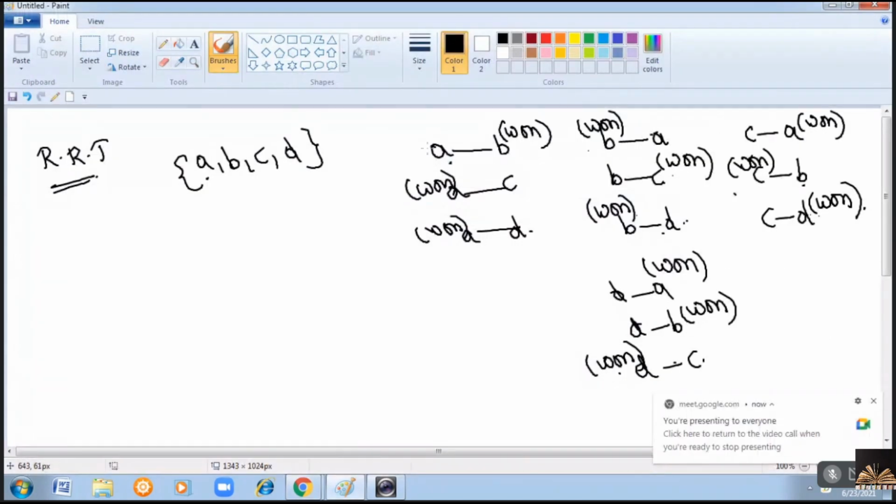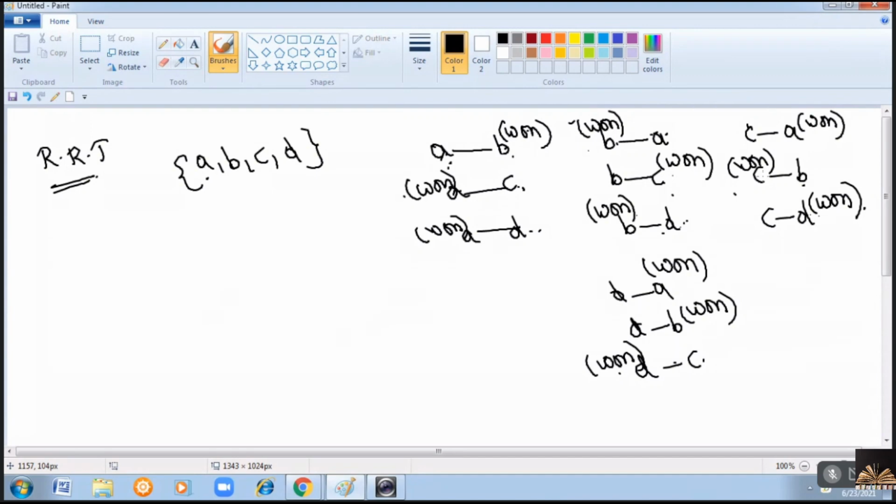Okay. So every team has to play with every other team. That is what round robin tournament means, right? So A has to play with all the remaining teams. So it is A to B, A to C, A to D. Same with B. B has to play with A, C and D. Similarly with C, A and D. Like that, right? Now, when A and B played the game, B won the game. Similarly, when A and C played, A won the game. Like that, I have written who won the game.